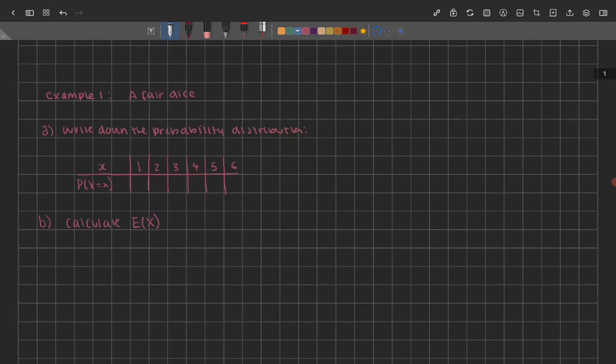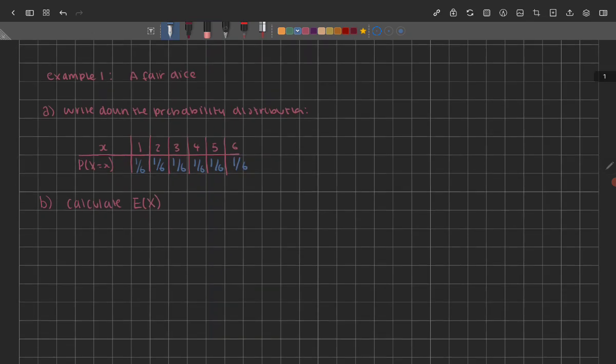The first part of the example is write down the probability distribution for a fair dice. A fair dice means that the probability of each face occurring is equal. If we have 6 outcomes, you can have a 1, a 2, a 3, a 4, a 5, or a 6. If they're all equal, then the probability of each occurring will be a sixth. So if we just fill in 1/6 here,